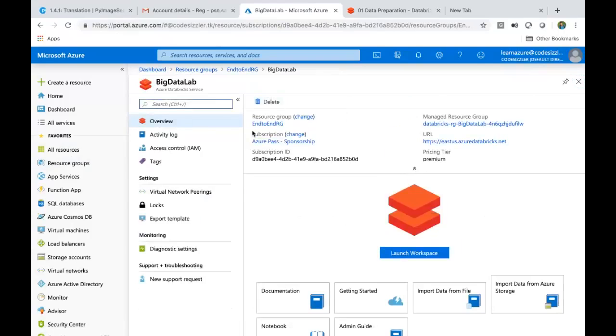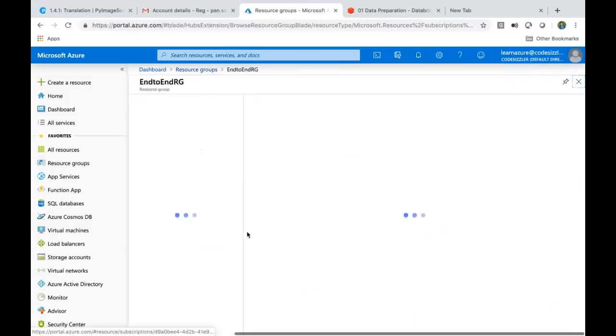Any questions still here? Yes, sir. Where will Databricks navigation be? Is there any link over there? I didn't get you. I'm saying this is the Databricks launch point, right, from the Azure portal? Right. And where is this located, on the homepage itself? Basically, when you go to the resource group, you have end-to-end RG. Inside that, I created it.